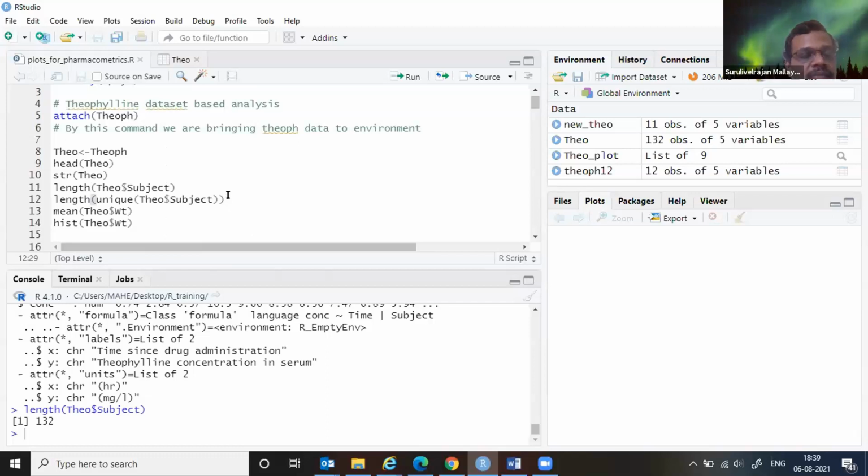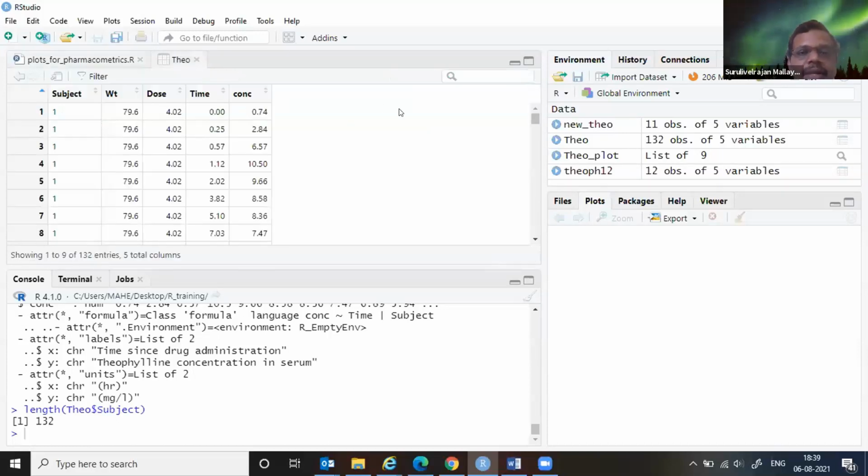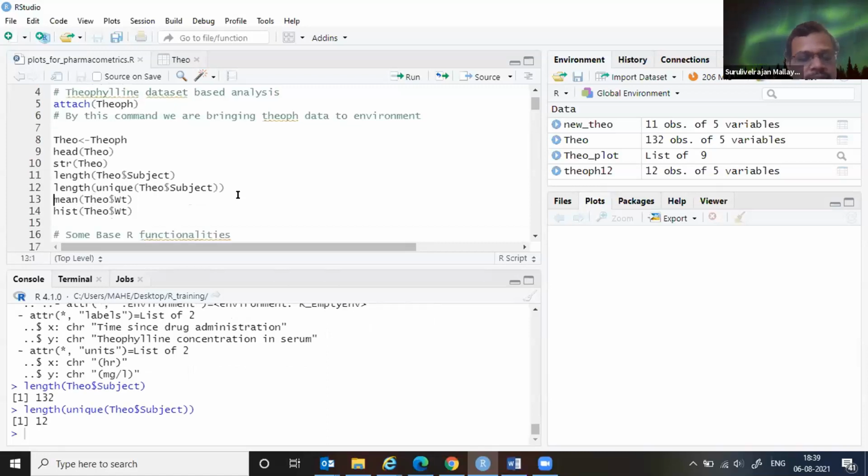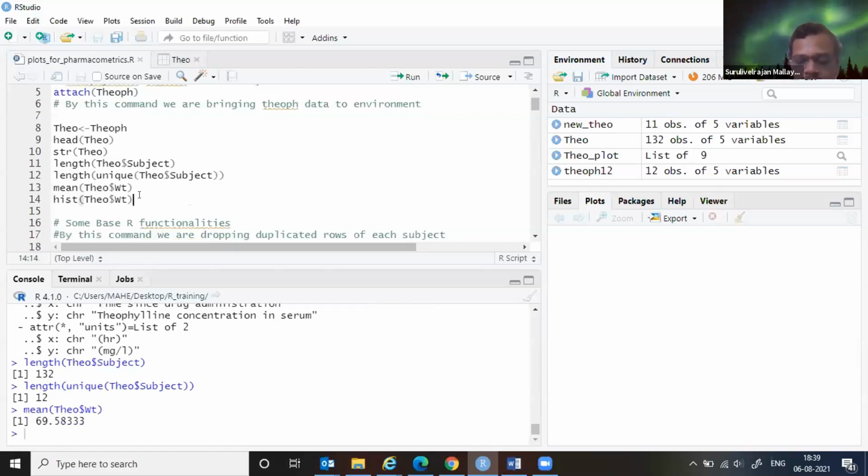So the column will have numbers 1 to certain numbers, we don't know. And when I say unique, it is picking up only the unique number. Whenever it gets repeated, as in this case, you see 111, the duplicated entries will not be counted. So that you are counting that unique numbers. If you start counting, you may end up getting the number of individuals. It says 12.